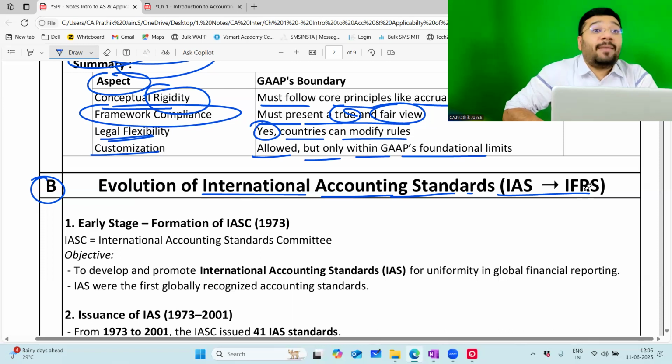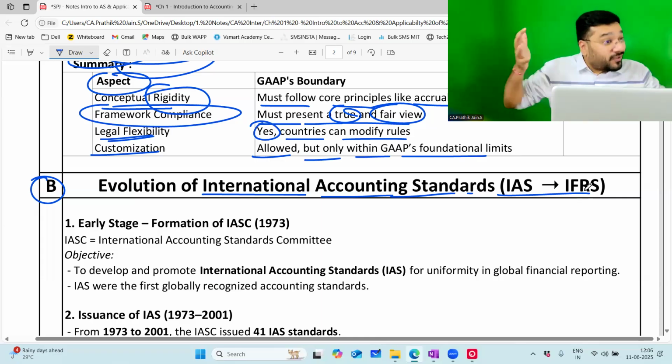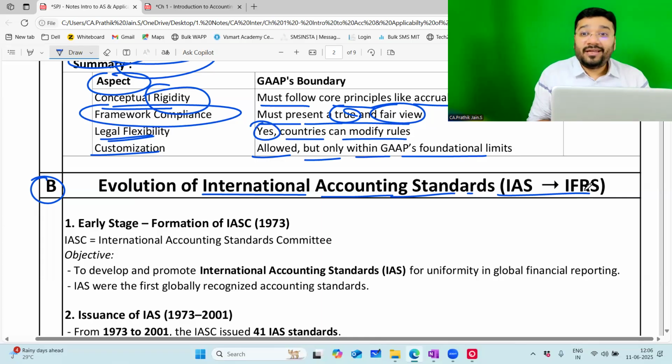It took a lot of time to convince people. If I want to come up with some proposal, convincing you 30-40 people is a big challenge. Imagine convincing the different leaders of the country. How long will it take? It took several years. Not 1 decade, 2 decade, 3 decade, multiple decades it took to convince, to understand.